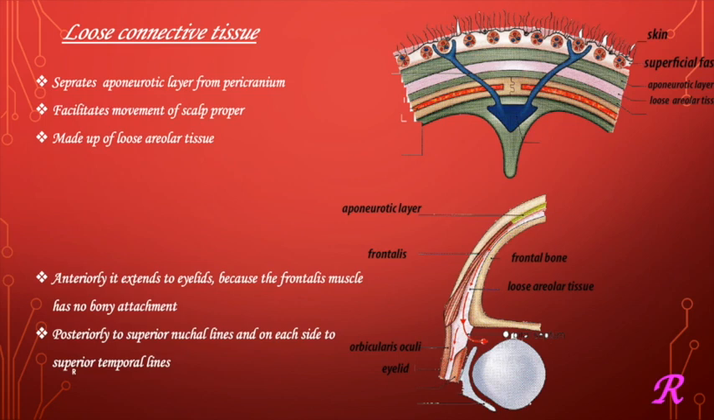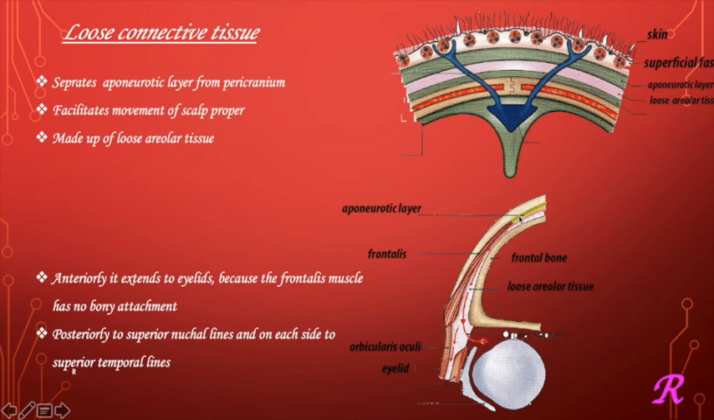Anteriorly, it extends till the eyelids. In the picture, you can see that this is the aponeurotic layer, which is only extending till the forehead. But this loose areolar tissue is extending till the eyelid. Why? Because the frontalis muscle has no bony attachment. Since this muscle is not attached to the frontal bone, this areolar tissue is extending to the